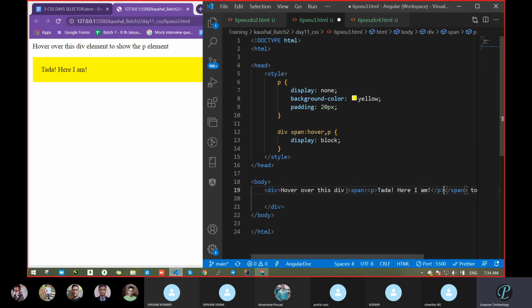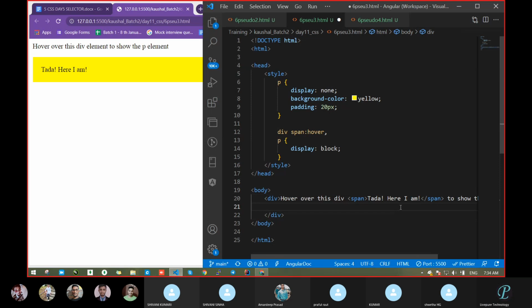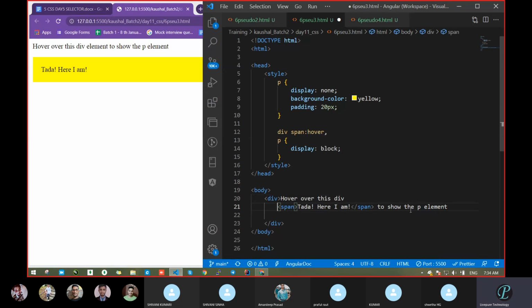Then it becomes the child again. Correct or not? Yes, sir, it becomes the child. Now the text is written, that's fine. Anyway, both look the same, because previously also we had written it this way. Then it will work, that's not an issue.